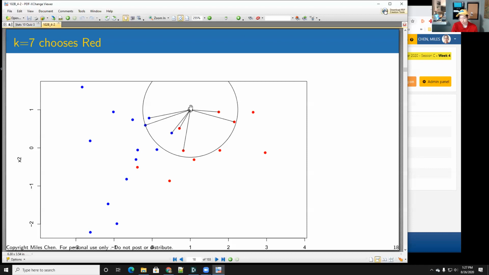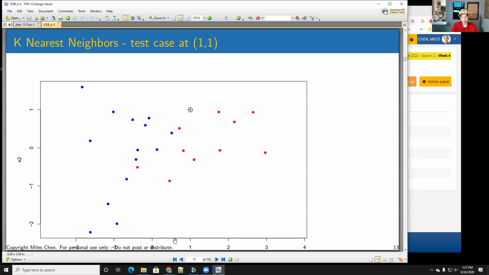So this test case is not part of our training data. This test case is unlabeled. So it's not that there's N-1 observations. We're using all of the N observations, and this test case is unlabeled. And the question is, how should we label this test case? So we're using all N observations. We're not taking out any one observation. We're just